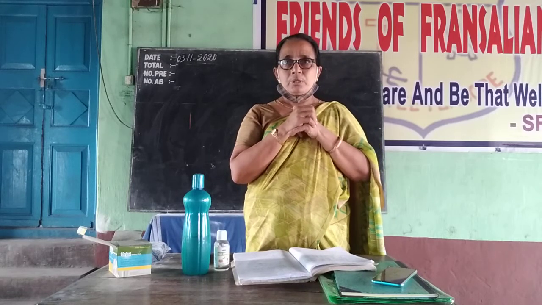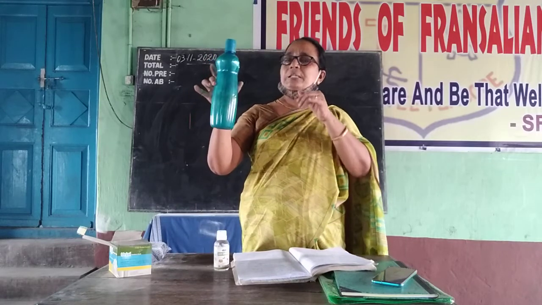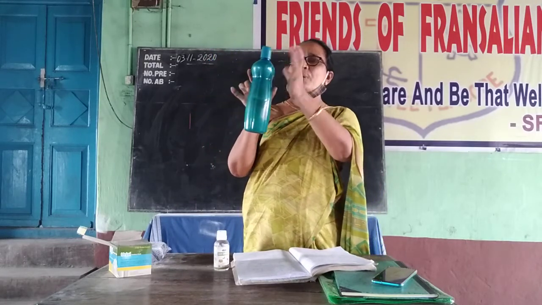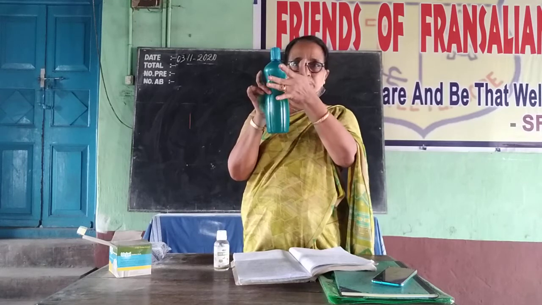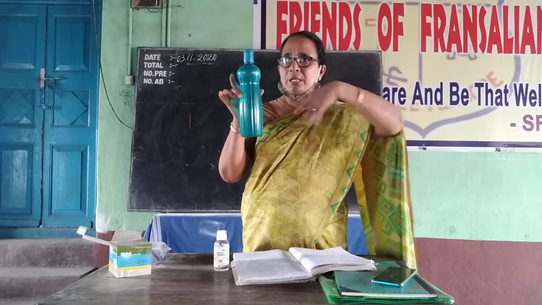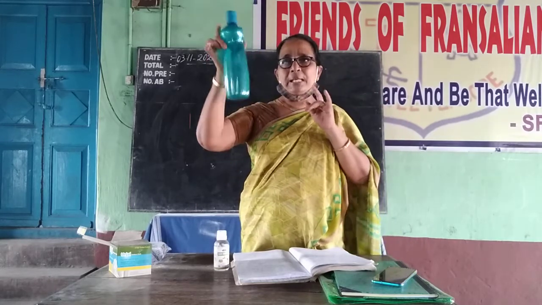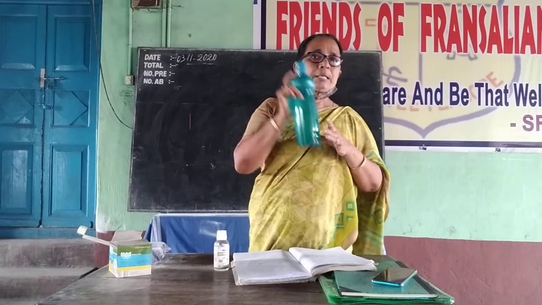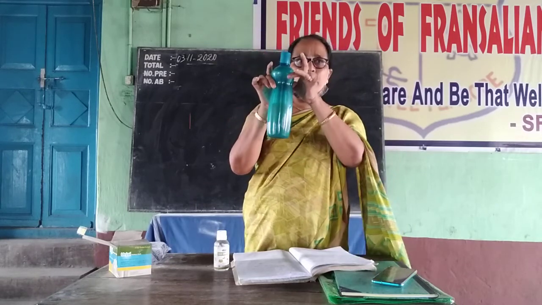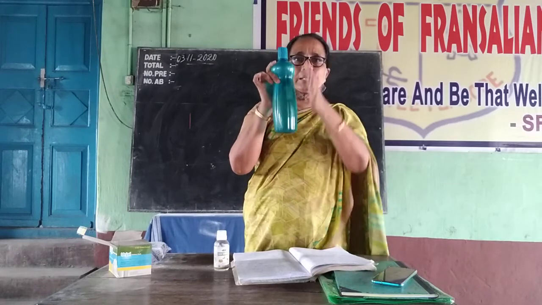Is it clear? This is not a solid cylinder, but if you consider this part, what is the volume of the material? Here is the plastic. What is the volume of the material used? Inside volume is not taken. If it is a solid one, the inside will also be taken, as we discussed in the first one. This is a hollow one, so only the volume of the material. For that, base is a ring, base area into height.